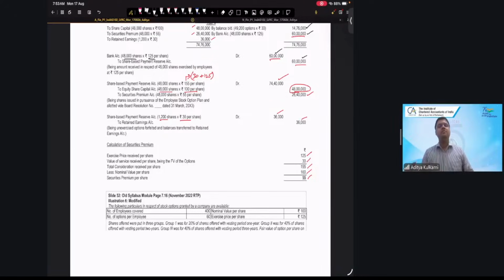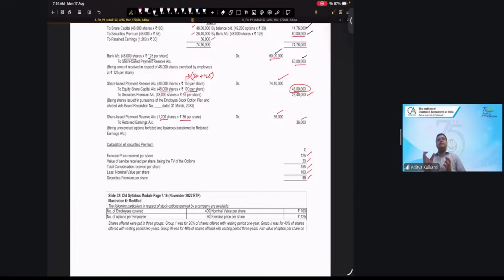they push for phase-wise vesting. Instead of all options vesting at the end of 5 years, I can opt for 20% vesting every year. So what happens? The employee also comes with a satisfaction that at least he got something. If he leaves after say 3 years, he will at least get 20 plus 20 plus 20, 60% of what everybody will get who stays for the entire 5 years. Are you able to follow?